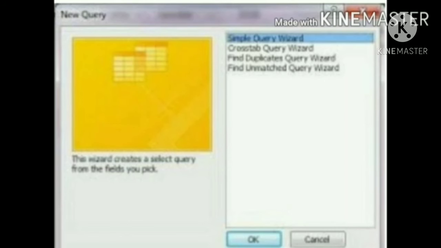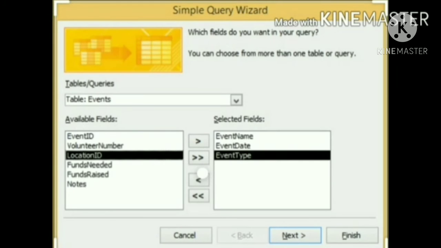On doing so, the Simple Query Wizard dialog box appears on the screen. Fifth, now click on select the fields to retrieve. However, pressing this selects all the fields of the parent table as the fields to select. This is helpful if we need to retrieve almost all the fields. Then we have to deselect some fields one by one from the right side.